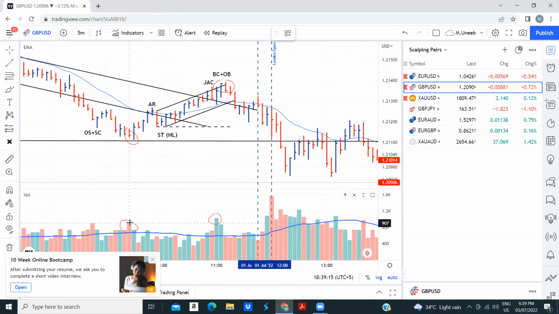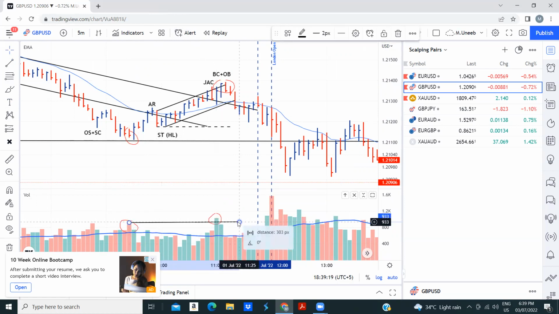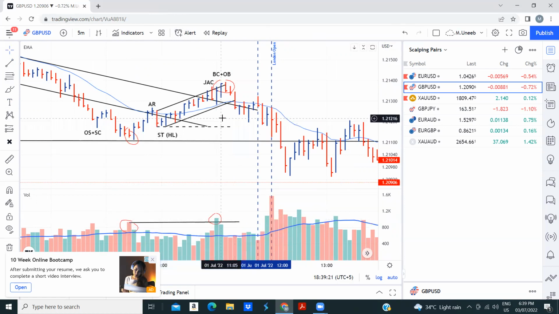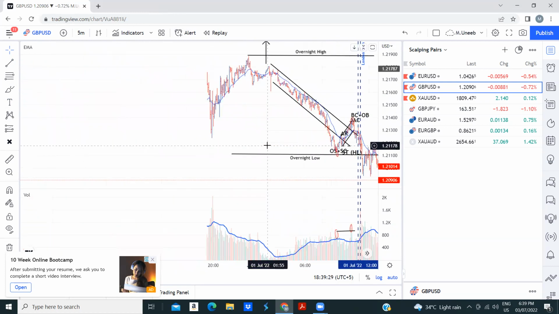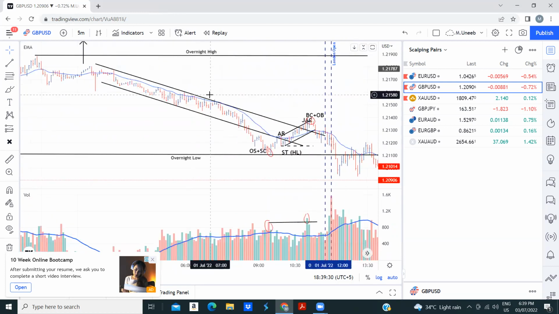This one or this one? Buying climax. The volume of the buying climax is much higher than this one. Am I right? So in this case, this will fail, as I told you. And the price is overbought and the price is returning back. And as I told you, between the overnight high and low,